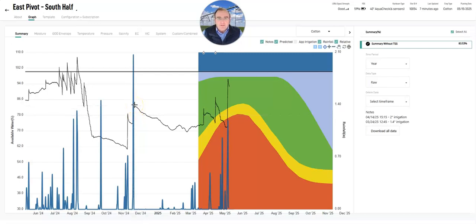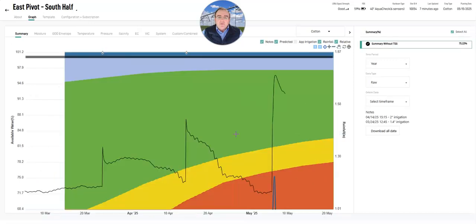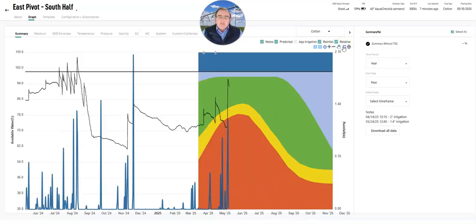We did plant it to wheat, and there was a little bit of regrowth of sorghum, which obviously had a winter kill. But what we can see in here is that, I can zoom in on that, once we got into March, we start to see some stair stepping, and that's because that wheat broke dormancy and it's starting to use some moisture. And so I'll zoom back out and we can have a look and see that